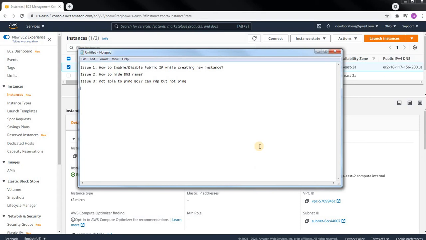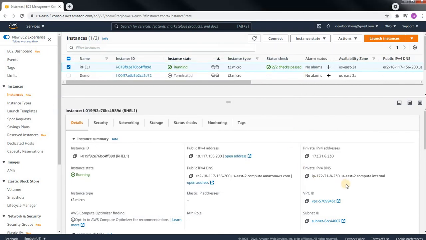Let's start. Our first issue is how to enable or disable public IP while creating a new instance. Log in to your AWS console and go to subnet.